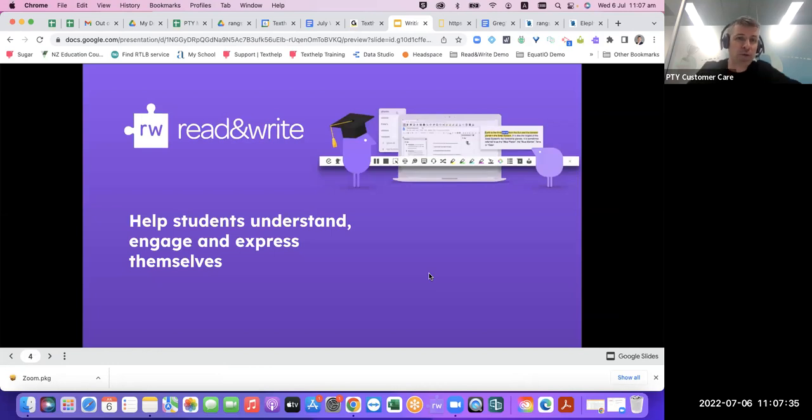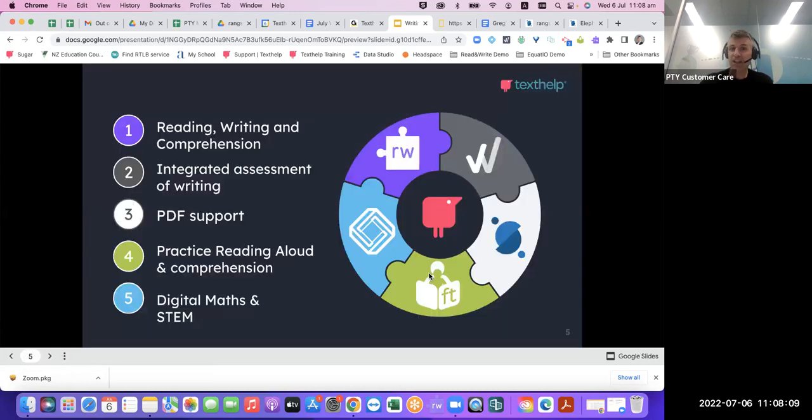Awesome. So what is Read and Write? If you take one thing away from today's session, it's that the toolbar hovers over pretty much any digital environment students are on, and it helps them to understand and to be understood. And critically, it gives students the ability to have agency. What I mean by agency is voice and choice over how they interact with any digital content that they come across, without the need to ask peers, parents, a teacher aide, or their teacher or tutor for